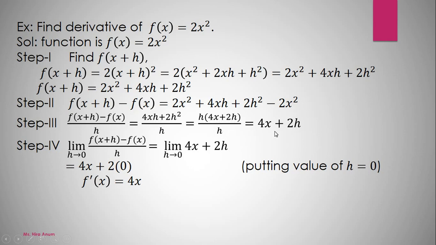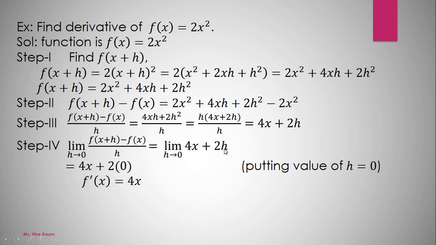Answer is 4x plus 2h. Taking limit on both sides, h approaches 0. Here we have limit as h approaches 0 of 4x plus limit as h approaches 0 of 2h. Putting the value of h, because we do not have h in 4x, it stays 4x, but